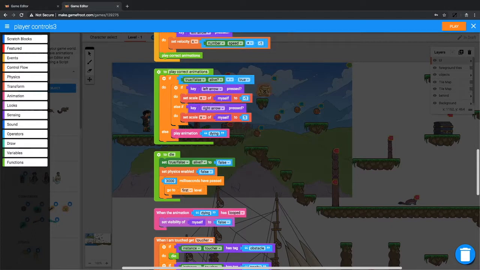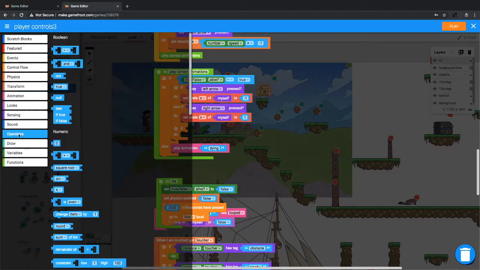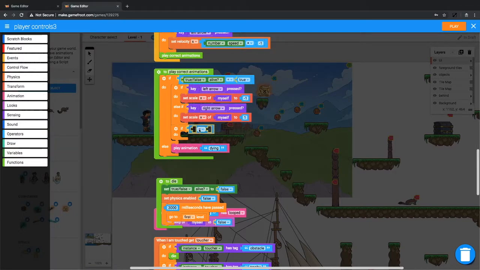First of all, we'll check if the player is jumping. So underneath these blocks where we make sure it's facing the right way, we'll add another if block in here. So if we're alive, we're going to check if we should be jumping. Now, if we're jumping, that means our y velocity is not 0, and we're actually moving upwards with a negative y velocity. So we want to check if our y velocity is less than 0, because negative numbers are less than 0. So we'll go to operators, grab that equals, change that to less than,